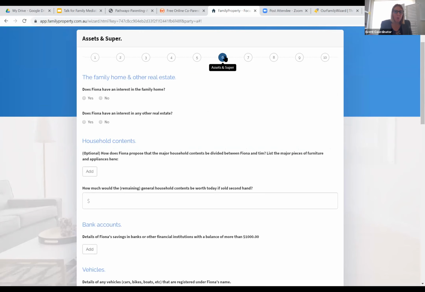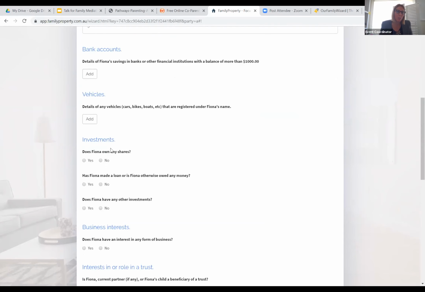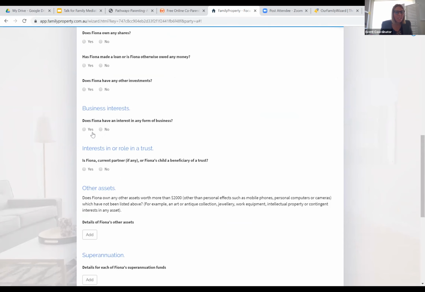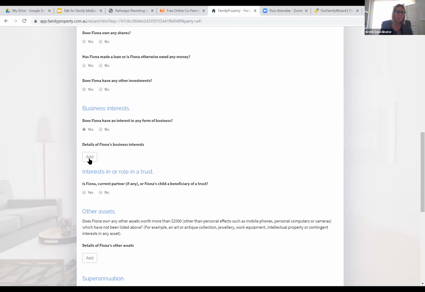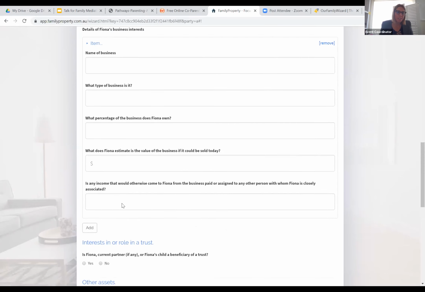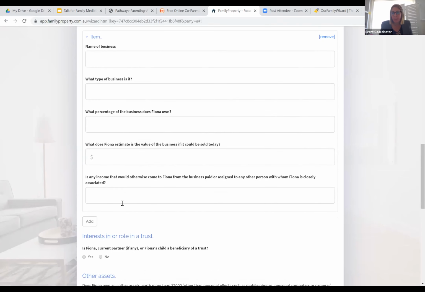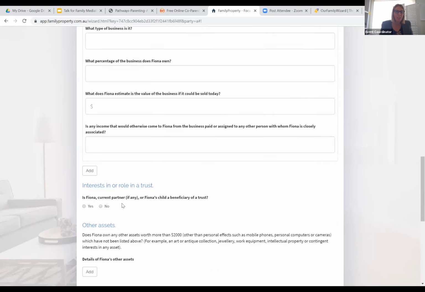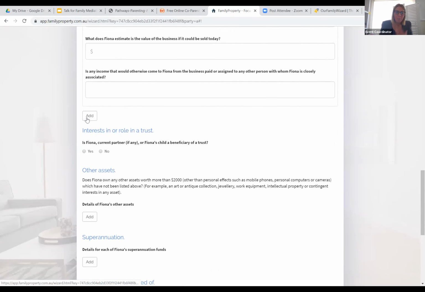Assets and super, so obviously this is really important. Looking at the family home, household contents, bank accounts, vehicles, investments, business interests. And it's quite straightforward in that no business interests, no, move on to the next question. Whereas if there is a business interest, there's then a whole list of questions, again in plain English, as to information for that business. Or if you're like me, multiple businesses can be added there.